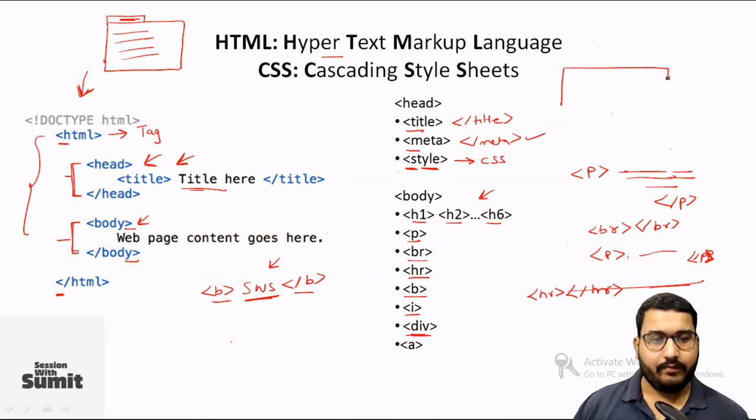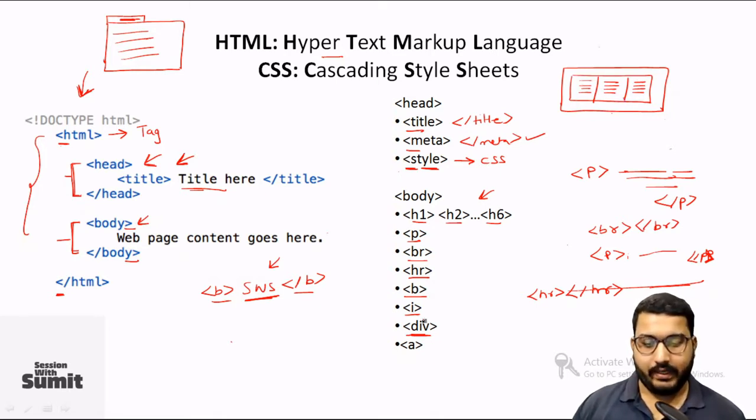So if you have a web page that is something like this, and let's say you wanted to create some partitions within your web page. So let's say you wanted to create 3 partitions. Now in partition number 1, let's say you wanted to write some paragraph. In partition number 2, you wanted to write some paragraph. In partition number 3, you wanted to write some paragraph. So this type of structure can be made using this division tag.